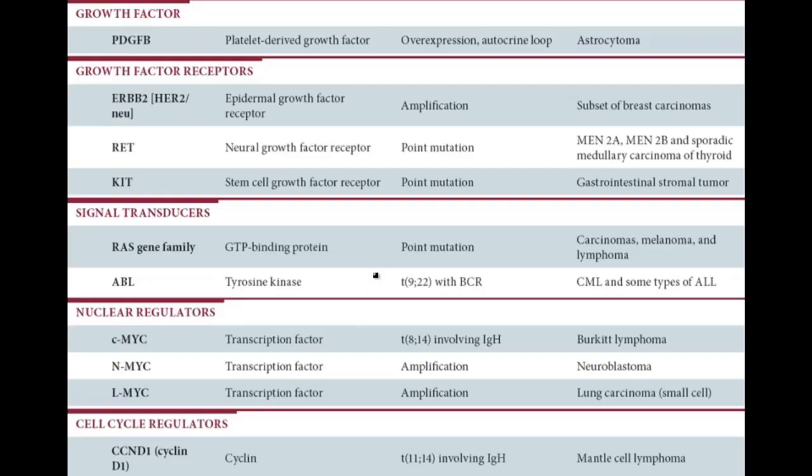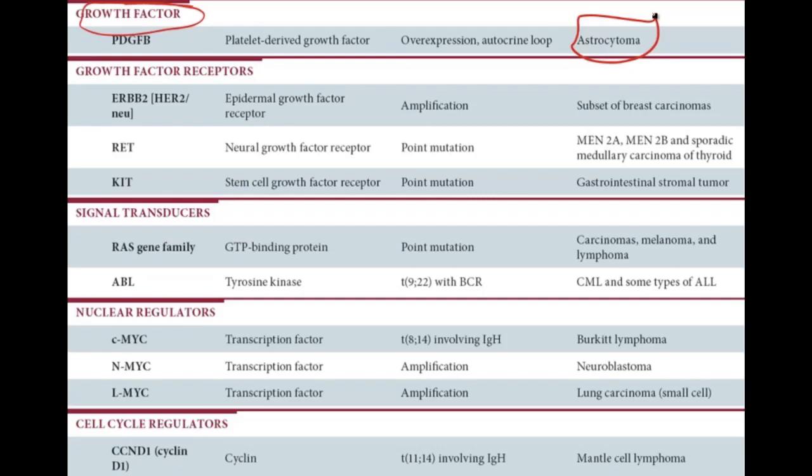All right, the first category of oncogenes are growth factors. So that's way up here at the top of this table. And one of the classic examples of this is astrocytoma, which is a tumor of the astrocytes of the brain, which are a type of glial cell. All right. Now, I don't want to get into the details of what an astrocytoma is here, but I want